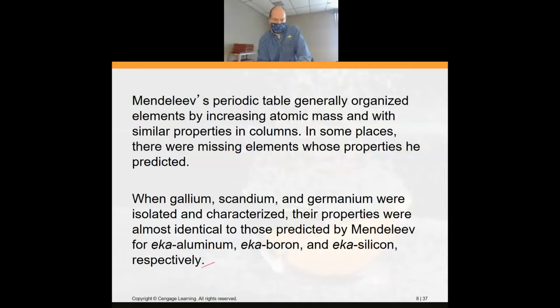All right, and so Eka means the element below aluminum. He could predict all of the different properties of the element under aluminum, in the same group, and then the element under boron, again the same group, and under silicon. So he could predict the characteristics of the elements that were not yet known, and how they would react